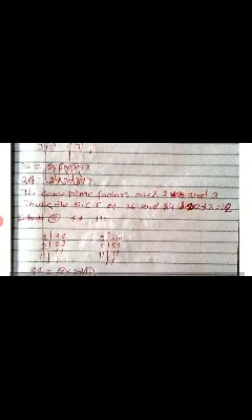84 prime factorization. First, divide by 2, you will find 42. 42 divided by 2 is equal to 21, and 21 divided by 3 is equal to 7. 7 divided by 7 is equal to 1. 36 is equal to 2 into 2 into 3 into 3. 84 is equal to 2 into 2 into 3 into 7.